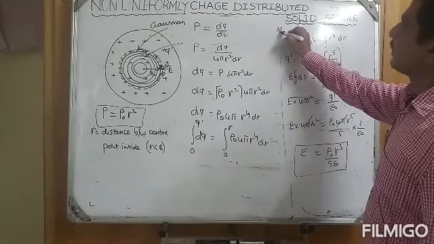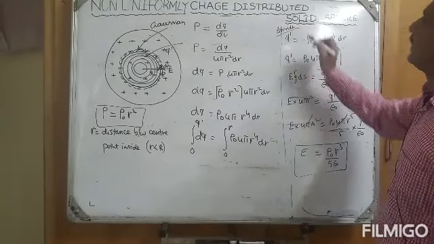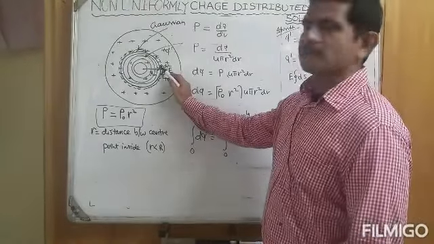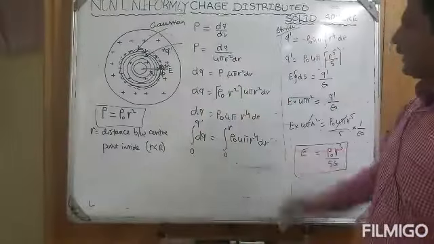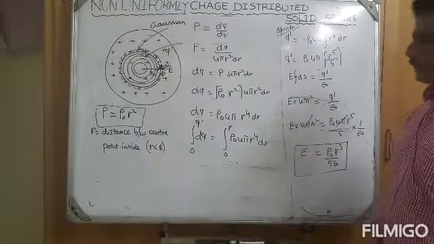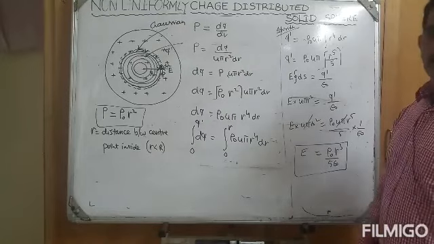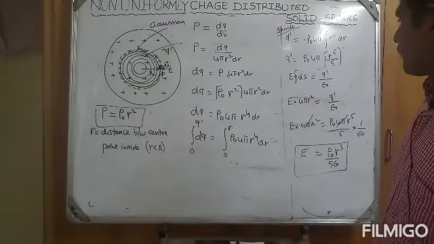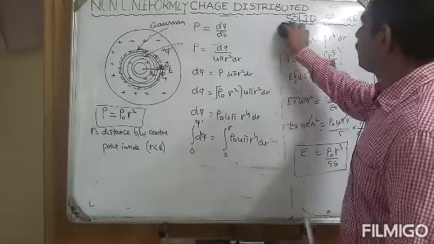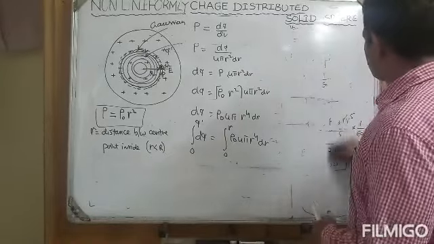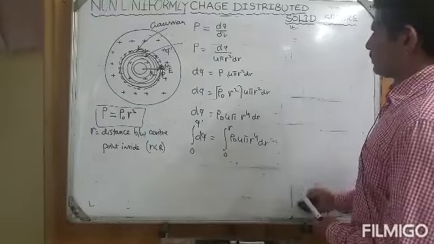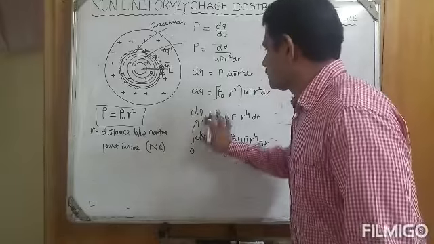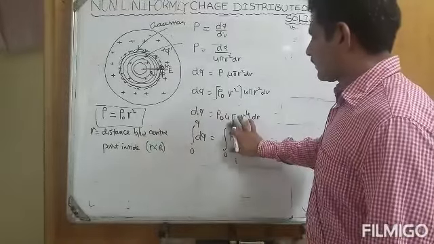This is the inside point. Inside point electric field intensity can be determined from how much charge is inside the Gaussian surface. So like this you can do the integration, then you can go for E is equal to rho naught r cube by 3 epsilon naught. If you want to find it on the surface, let us see, just go through that, 0 to r.